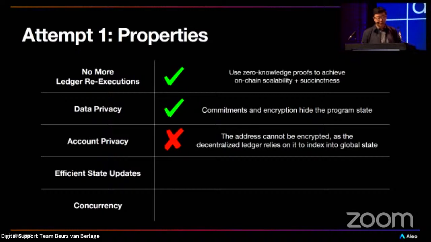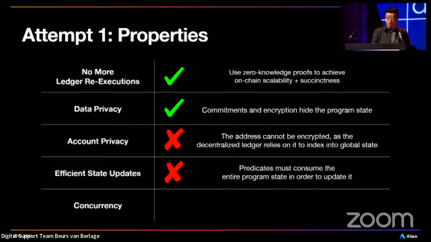And third, however, as the account model relies on addresses to index into global state, it's a fundamental design decision in that architecture, so we unfortunately can't encrypt the address for each account under anything. It means you can immediately detect which applications a peer has used in the past if you interact with them once on this ledger.